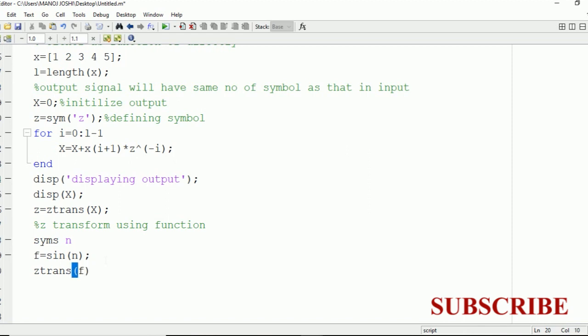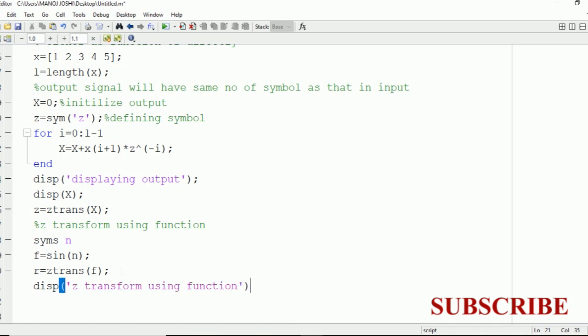This is the signal, and we are going to find the Z transform of that signal. For that we will write ztrans f, and we will store that value in R. With the help of the disp command, we can display anything on the command window. So disp 'Z transform using function'.